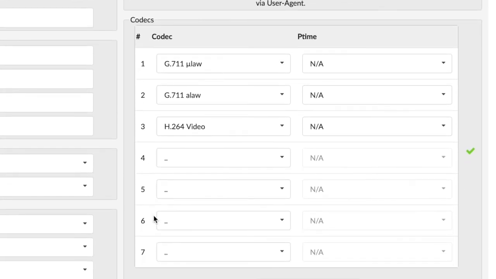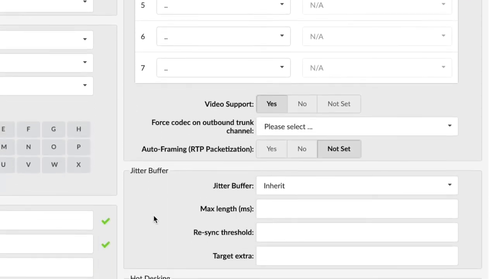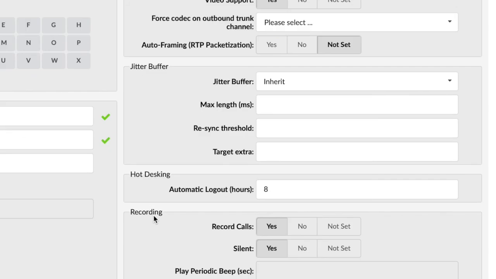Codecs. Codecs are used to convert voice signals from analog to digital and vice versa. These options set preferred codecs used by the extension. Something to know here is the Opus codec will be the default codec when dialing from the mobile app. The next box is for the options for jitter buffers. A jitter buffer is a temporary storage buffer used to capture